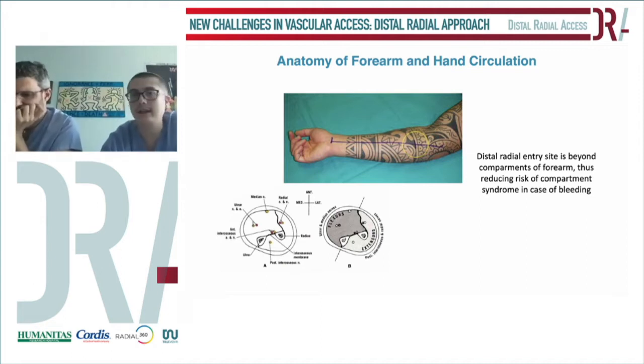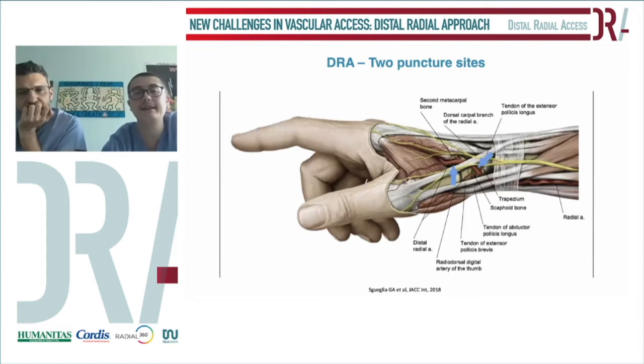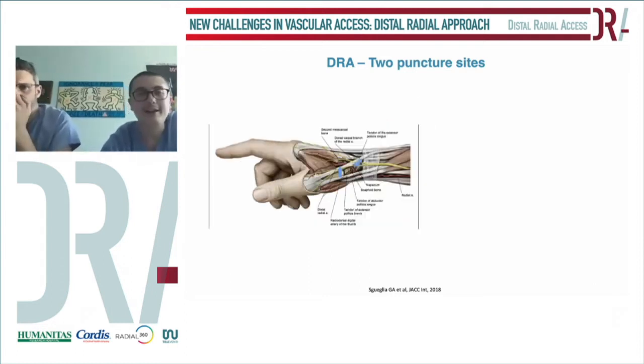In fact, we see it, I think, less than once per year. But anyway, you can see it once per year. You can have a compartment syndrome, and distal radial artery access is not prone to this problem. So this was the anatomical part, but the most important part, because it's practical and is less boring, is that